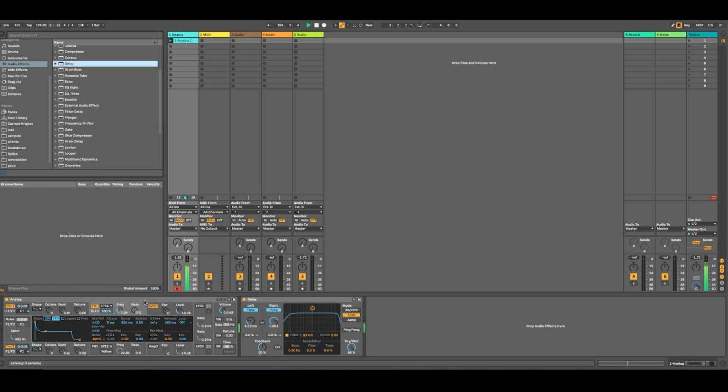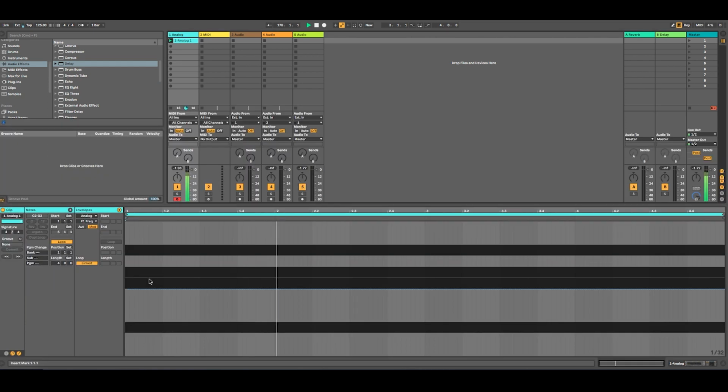Basically, one huge technique and tenet with sound design is automation and modulation. You just can't get anywhere without it. Your sounds are going to be really static and lifeless. You've got to animate that. You've got to breathe life into them. In this case, the first thing I'm going to experiment with is